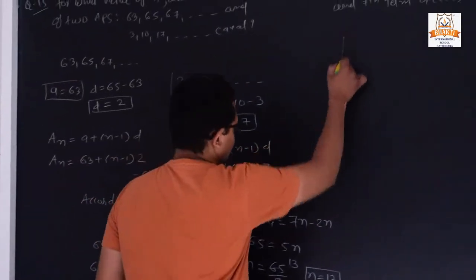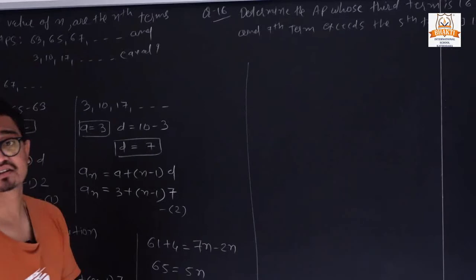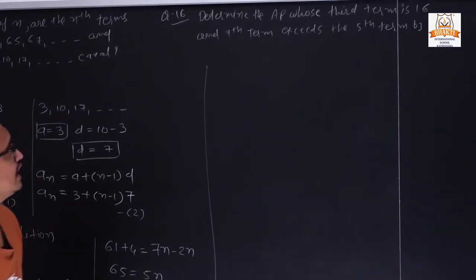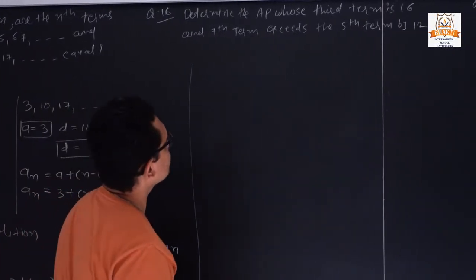Now next, question number 16. Determine the arithmetic progression whose third term is